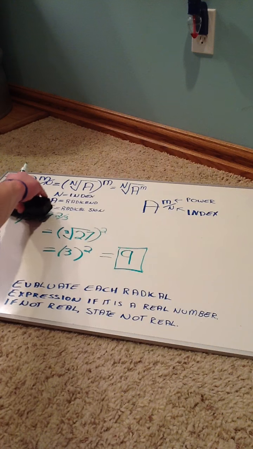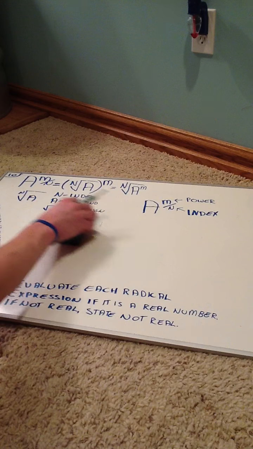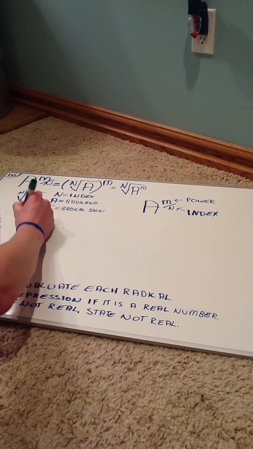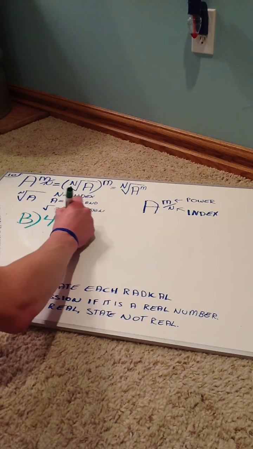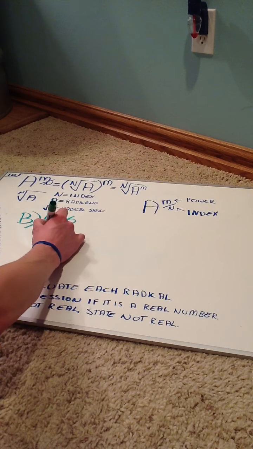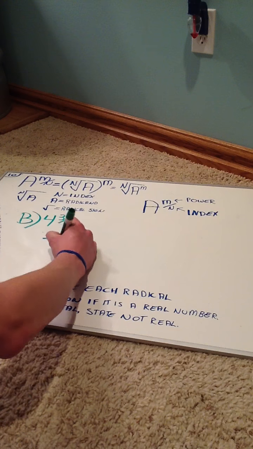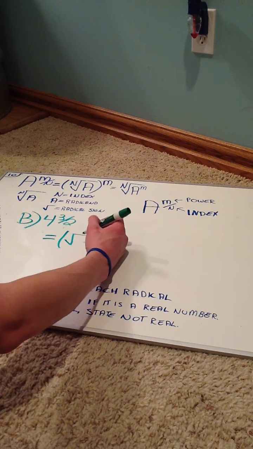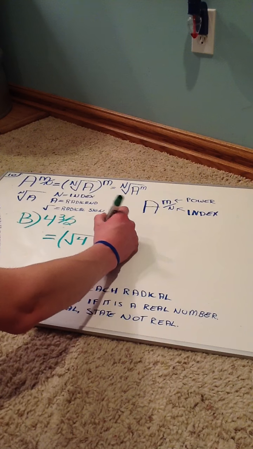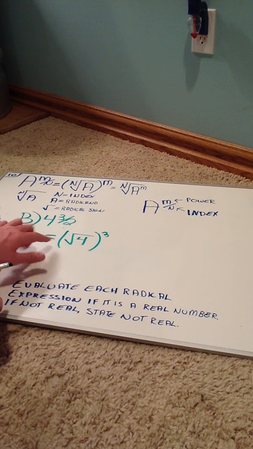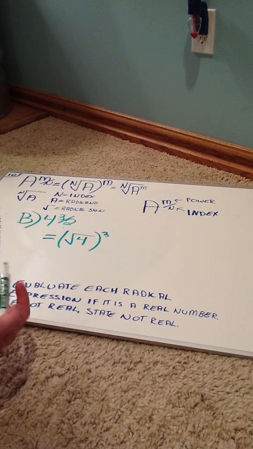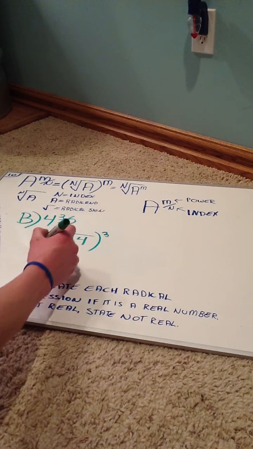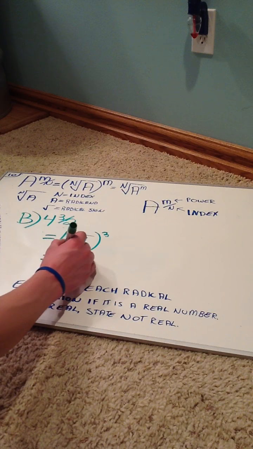Let's do another one. So for this one, we have 4 to the 3 over 2. Let's change this format again. So we're going to change it to the radical sign, 4, close our parentheses, to the third power. Now the radical sign without a number in the spot where the index should be always means the square root, or 2, so it's assumed that it's a 2. If there's a 3 or 5 or any number, that's what root you want, but in this case, it's going to be 2. So, the square root of 4 is going to equal